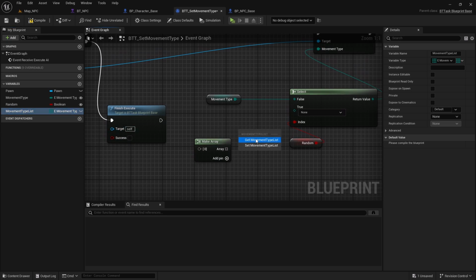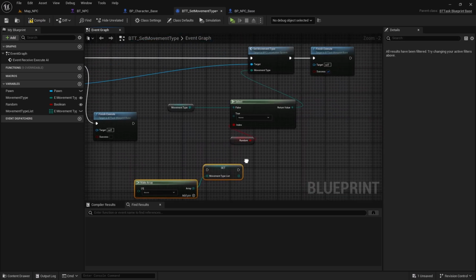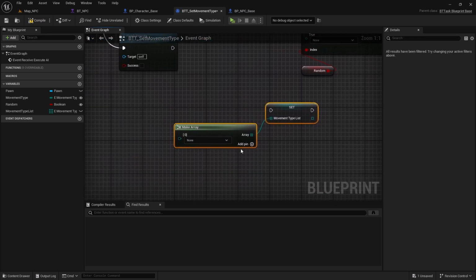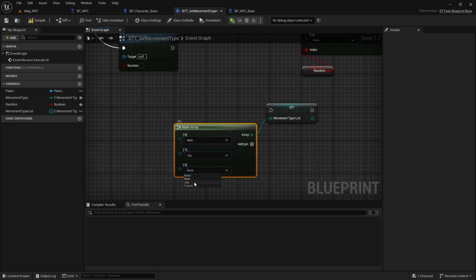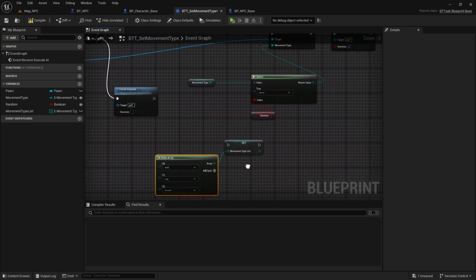And I'll use this one like this, and as the valid variable values as the movement type, I'll select walk, jog, and crouch. Right,